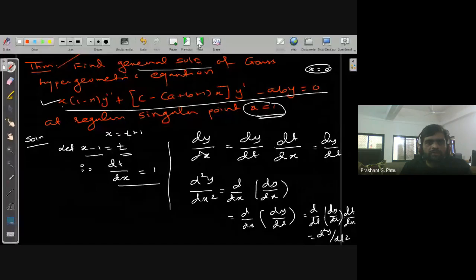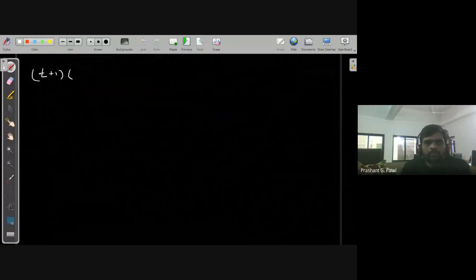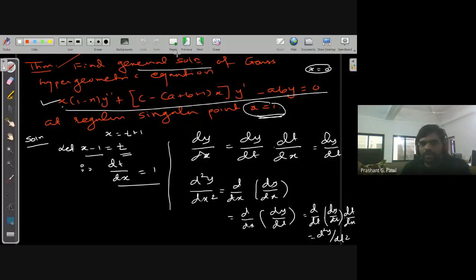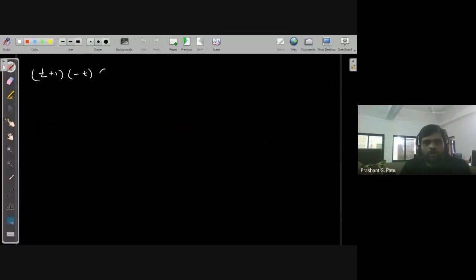So this is minus t. What we have observed, y double dash is actually d square y by dt square. So we can write d square y by dt square